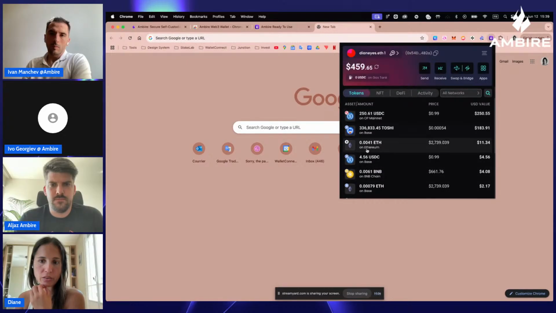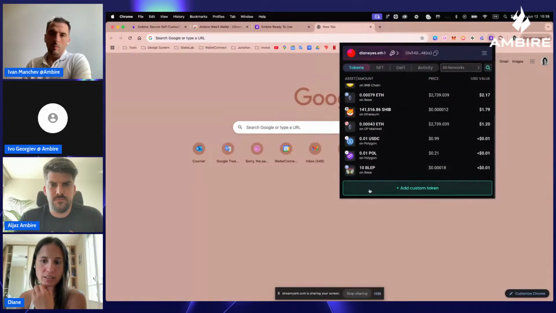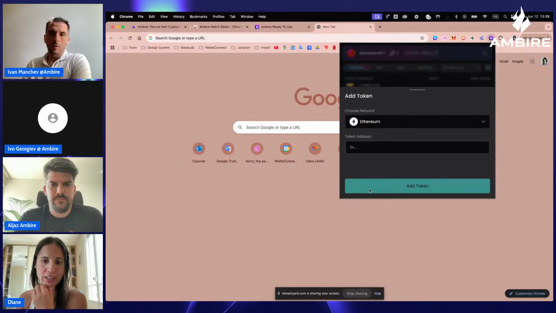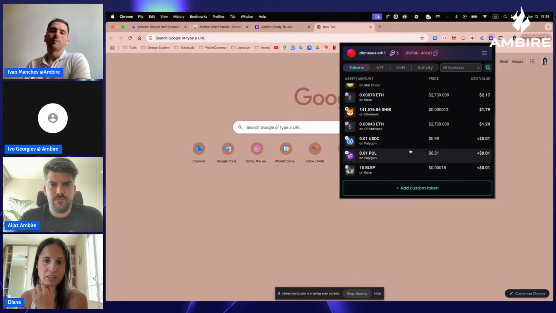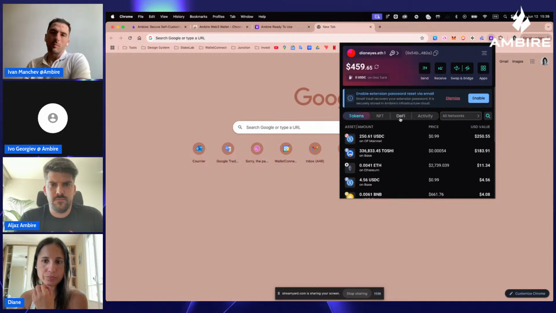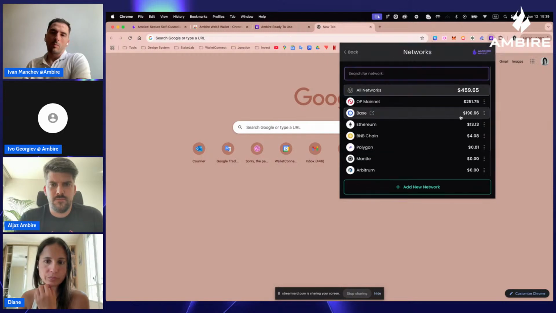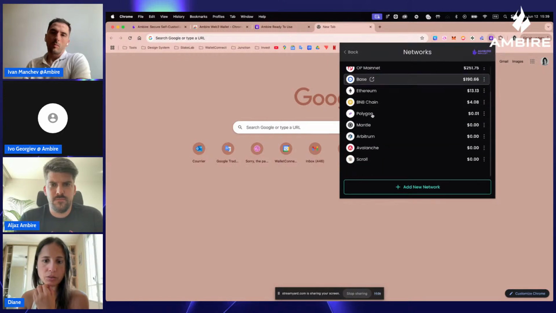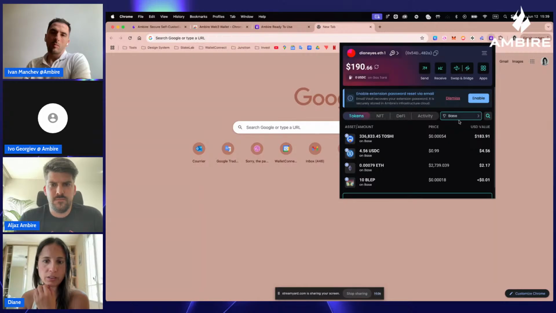I like how it is organized. We see the chains. We can add a custom token. Okay. We can filter by network. This is nice.